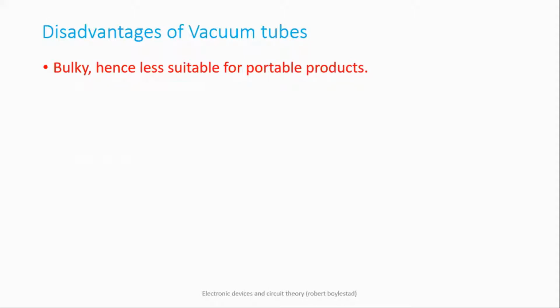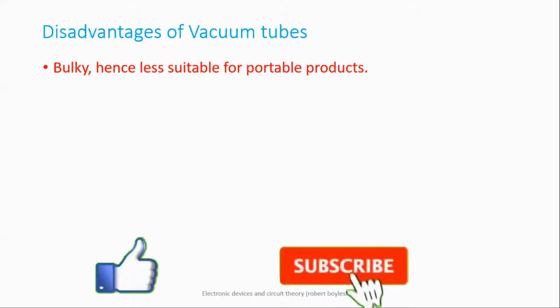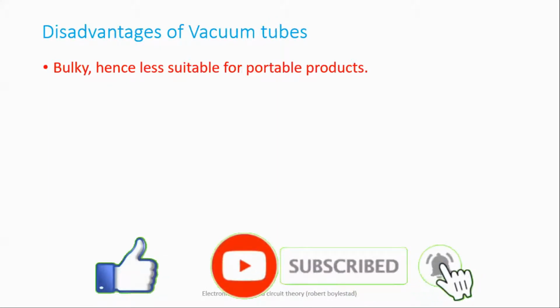If you are fortunate enough, you might have seen a big radio at your ancestral home. That consists of vacuum tubes, and old televisions were also using some of them. Because of that, your systems are bulky.